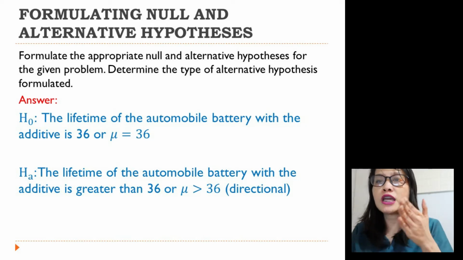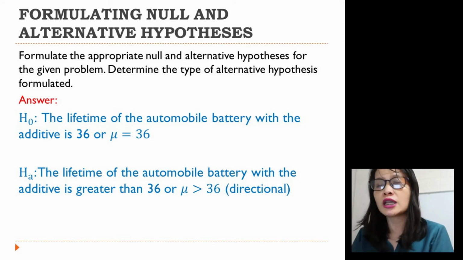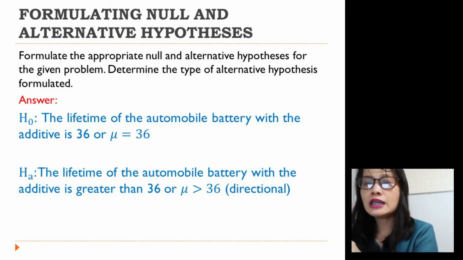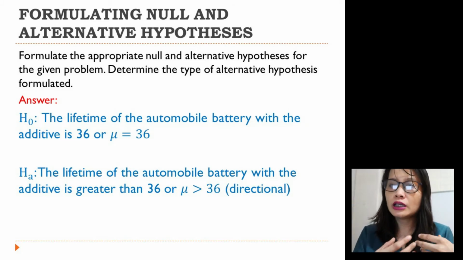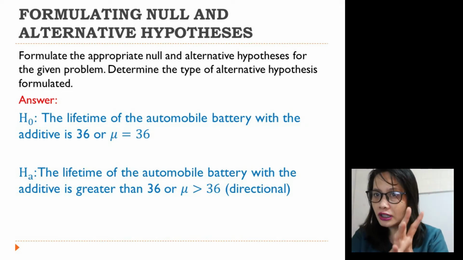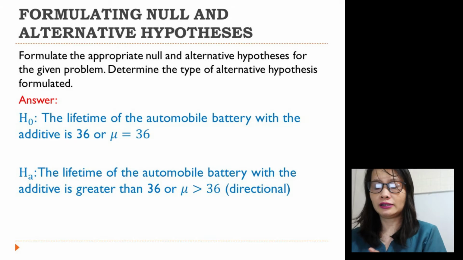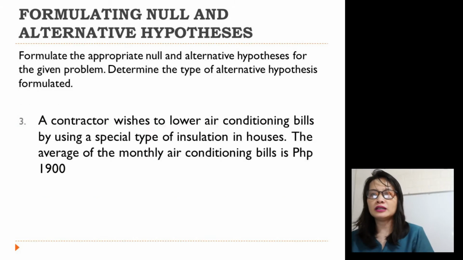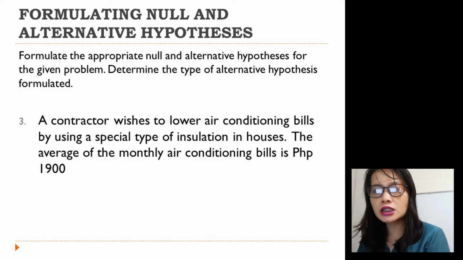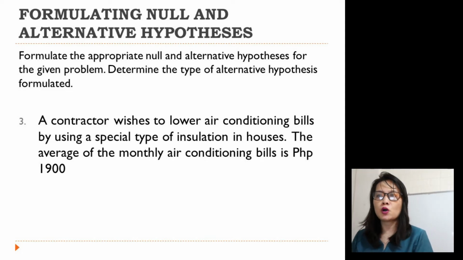Now, if in your HA you're using symbols such as greater than and less than, we call it directional. Next, number 3. A contractor wishes to lower air conditioning bills by using a special type of insulation in